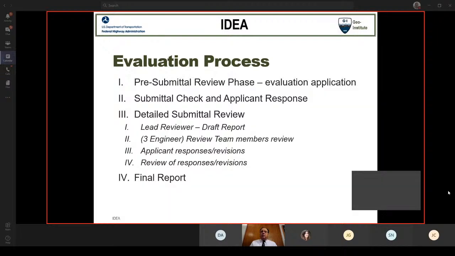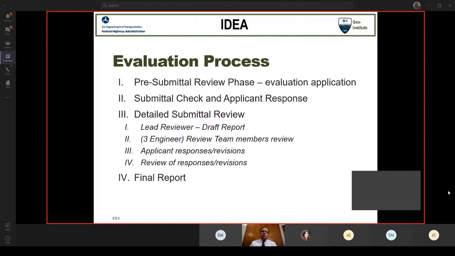There will be some conversations back and forth. The supplier is actually encouraged to modify their submittal to address any issues or questions. And this is a more direct process than the prior high-tech, in that there's more direct communication. We're not simply going back to a supplier and saying, we need more information on this item. We're going back and getting on the phone or on a meeting